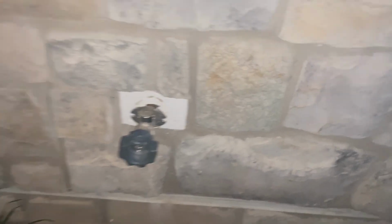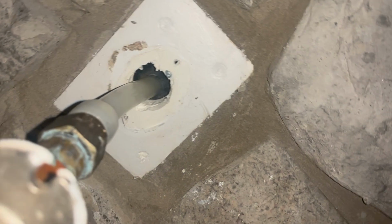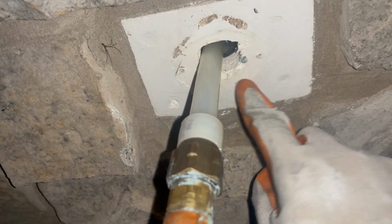All right, let's reevaluate. All right, so I came back outside. Before I try to pull this, I'm gonna try to... There we go. All right, so now I can do this outside, then push it all back in. Oh, I see what they did. So they essentially caulked around this guy. Why don't you just put some silicone around this? So you can really just put silicone around this instead of that